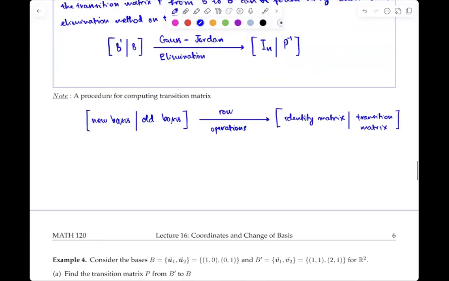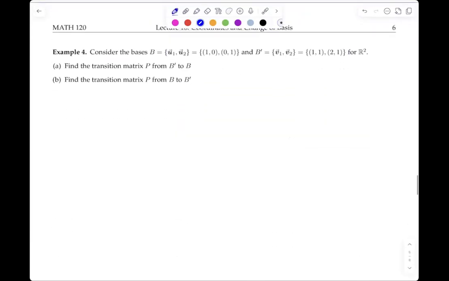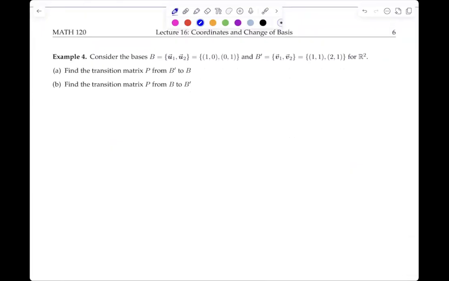All right, so let's jump into an example here. I have two bases as always, the basis B and the basis B prime. The basis B is equal to U1, U2, which is (1, 0) and (0, 1), so this is the standard basis. And B prime is the non-standard basis, which consists of two vectors, (1, 1) and (2, 1). I want to find the transition matrix from B prime to B and the transition matrix from B to B prime. So for problem A, the transition matrix